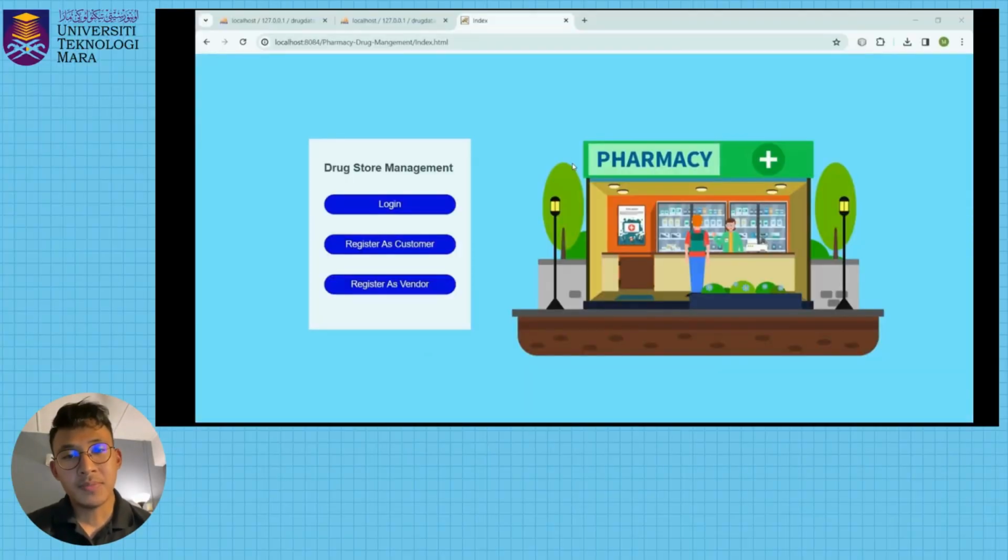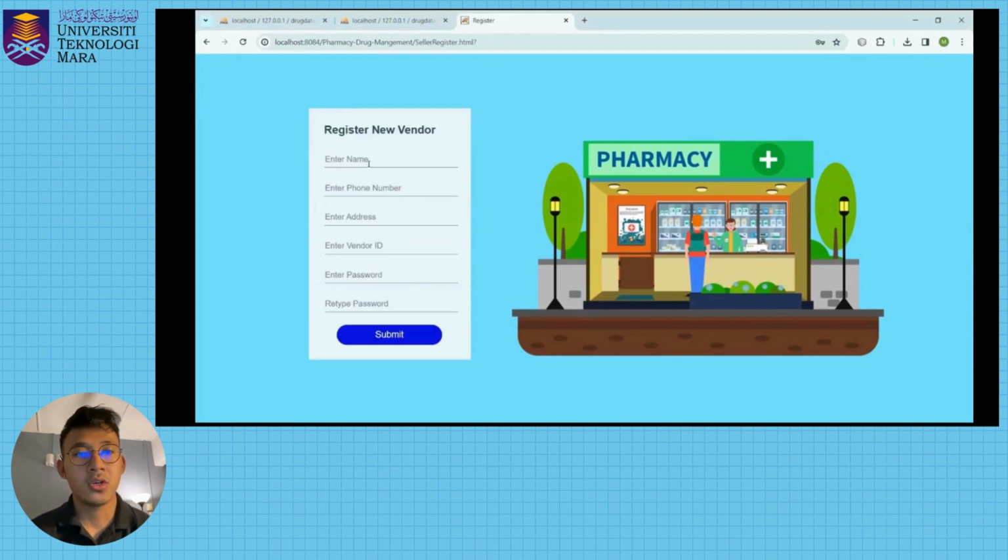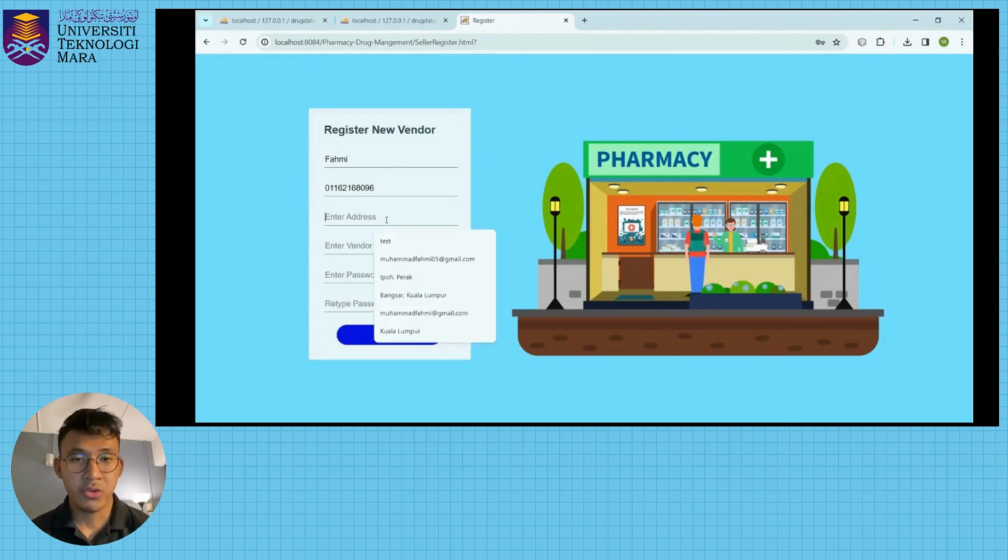Hi everyone, today I will present about drugstore management, which is pharmacy drug management. First, we have register as customer and register as vendor. We need to register as vendor first. Alright, so in register new vendor, I need to insert my name, phone number, address, vendor ID, and password, of course. So first, of course, I will write my name, Fahmi, and then my phone number, and after that my address, your pharmacy address,